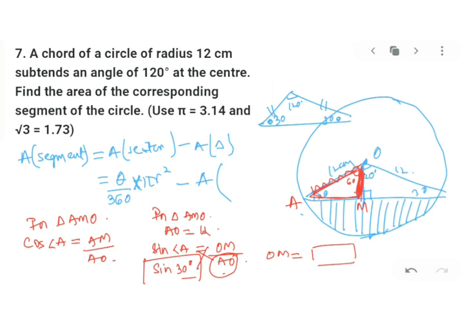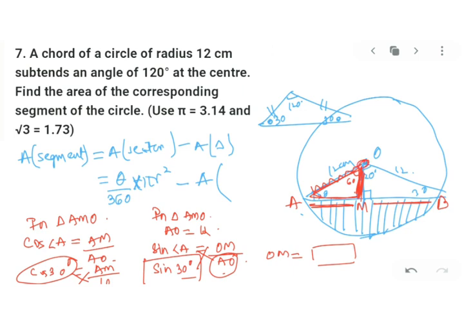Cos angle A, that means cos 30 degrees, is equal to AM upon AO. You have to find AM; AO has been given as 12. When you cross multiply by putting the value of cos 30 degrees, you know very well how to get the values. You have been given a table in your books. You can utilize that. Find the value of cos 30, put it in here, cross multiply and get the value of AM. Once you get the value of AM, you will double it to get AB,